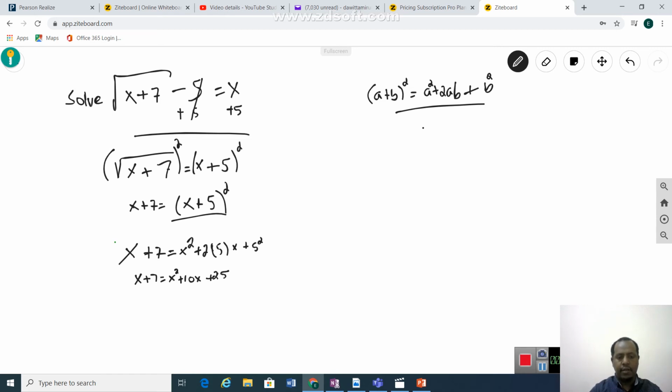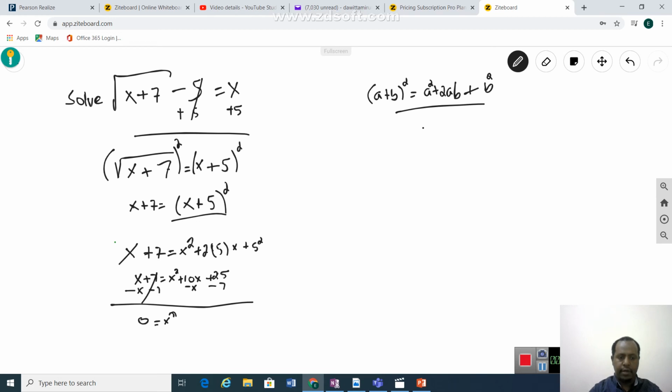As you can see, I'm going to get a quadratic equation. So let's group like terms. So I will remove x and 7 from this side. That means I have to subtract x and 7 from each side. So the whole thing becomes 0 here. So I will get 0 is equal to x squared